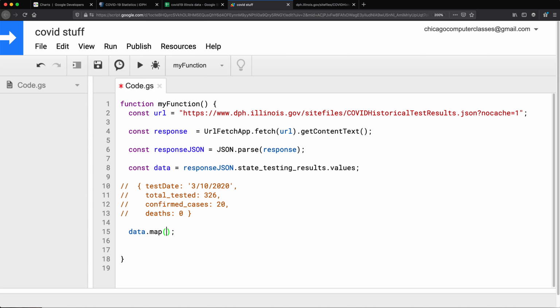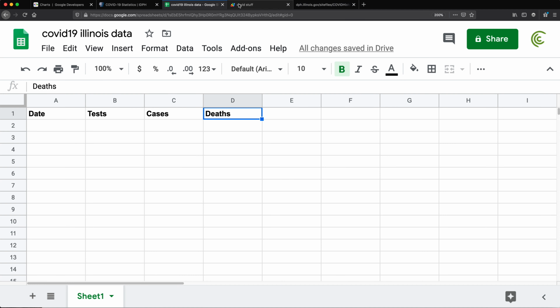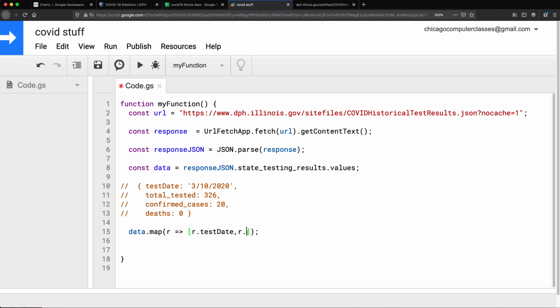And that should have a callback. For each row, we basically need to return a row as an array, as a comma separated list. So it's going to be basically the test date, this, in the order we would like them. The date is first, and I have to go back and take a look at what I did. I think that's it. So if we save it in a variable here,